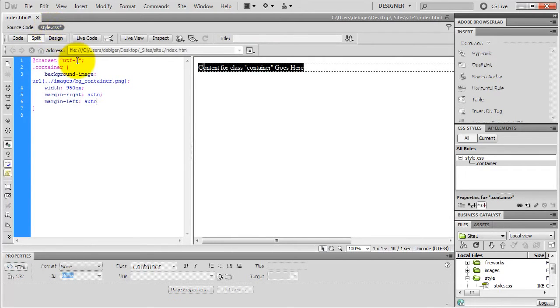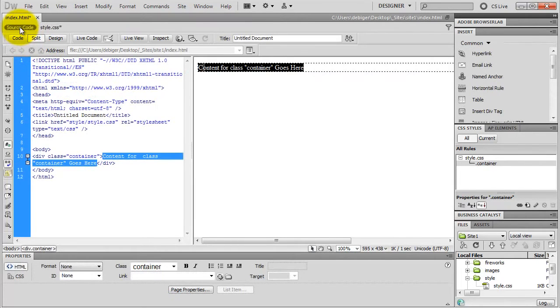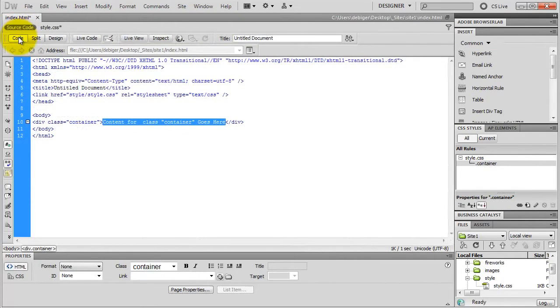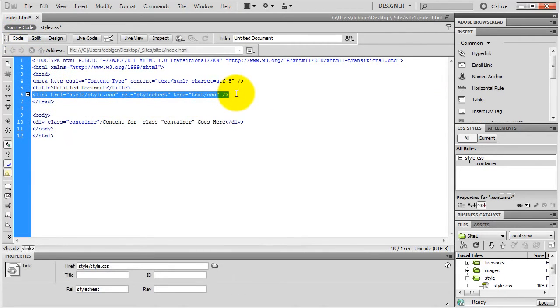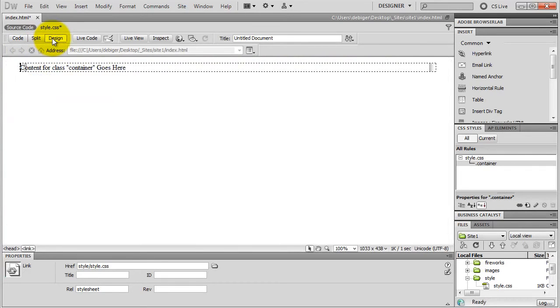The first line is the character set. I don't really need this line, I could delete it, but whatever. And here are all the properties and values for my container class. I can change anything here if I want to. Okay, I go to the source code of my index page. I switch to code view. And here is the link inside of my head tags, linking to my CSS file. That's how the browser is going to find it, because there's the actual path to my CSS file, which is relative to my document. Okay, I go back to design view,